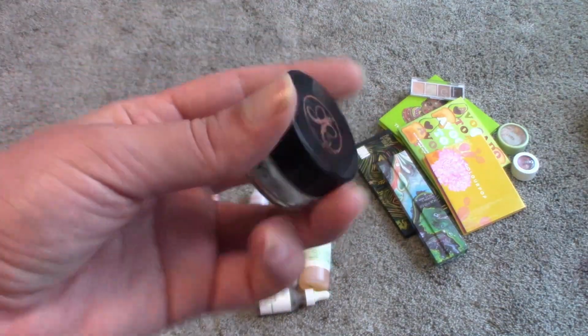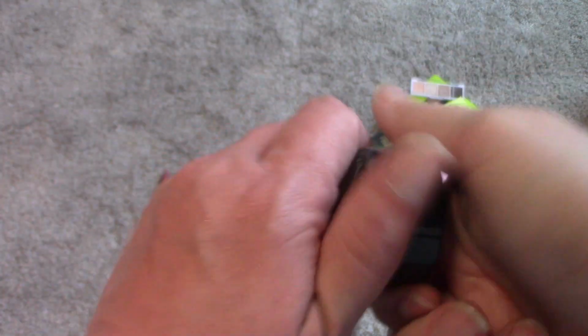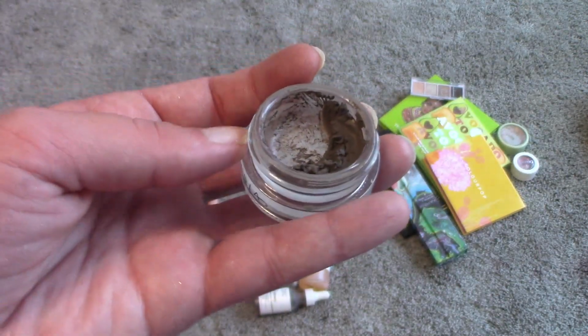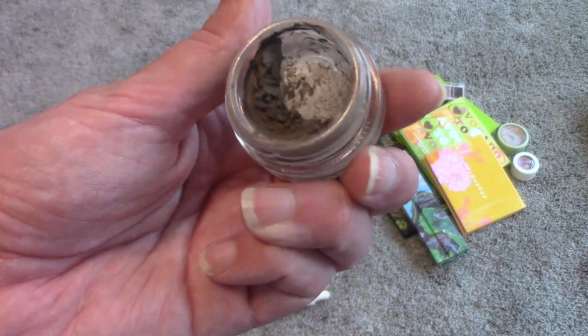Alright, so for brows, I'm only panning one brow item. This is a dip brow pomade from ABH in the shade Taupe. So I really have enjoyed using this for my brows. I think this is a great value product. However, I just choose not to repurchase this particular brand, but this did make me fall in love with pomades,